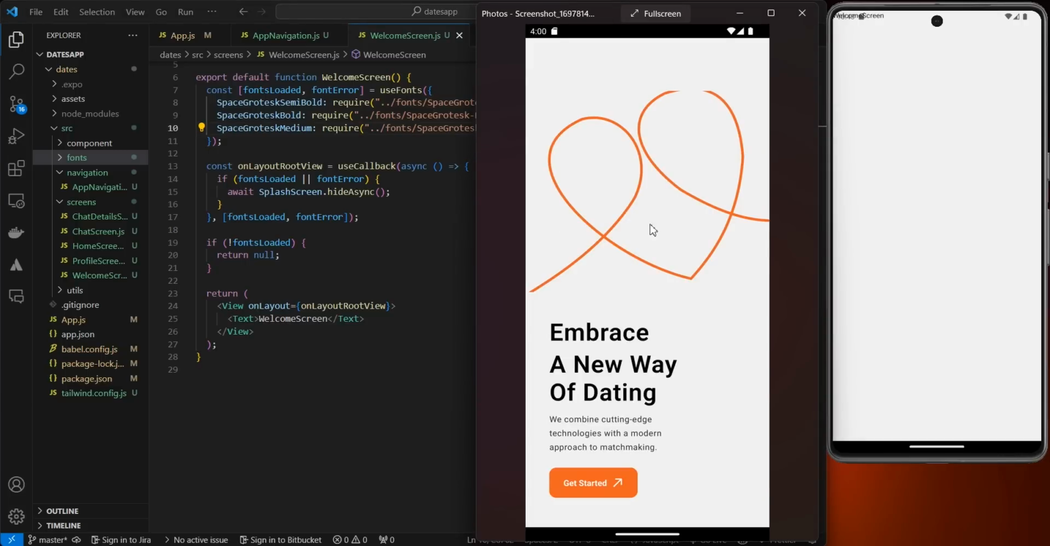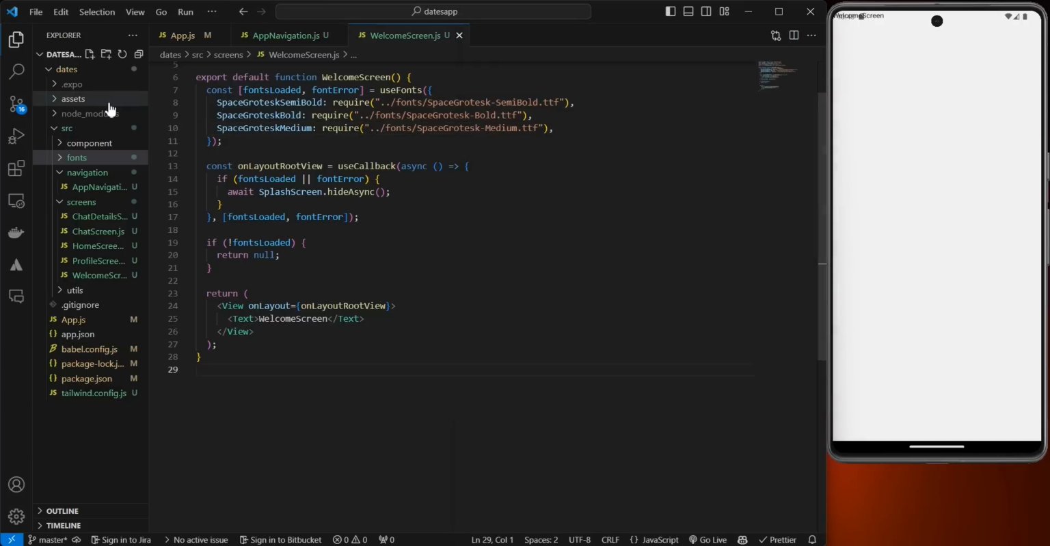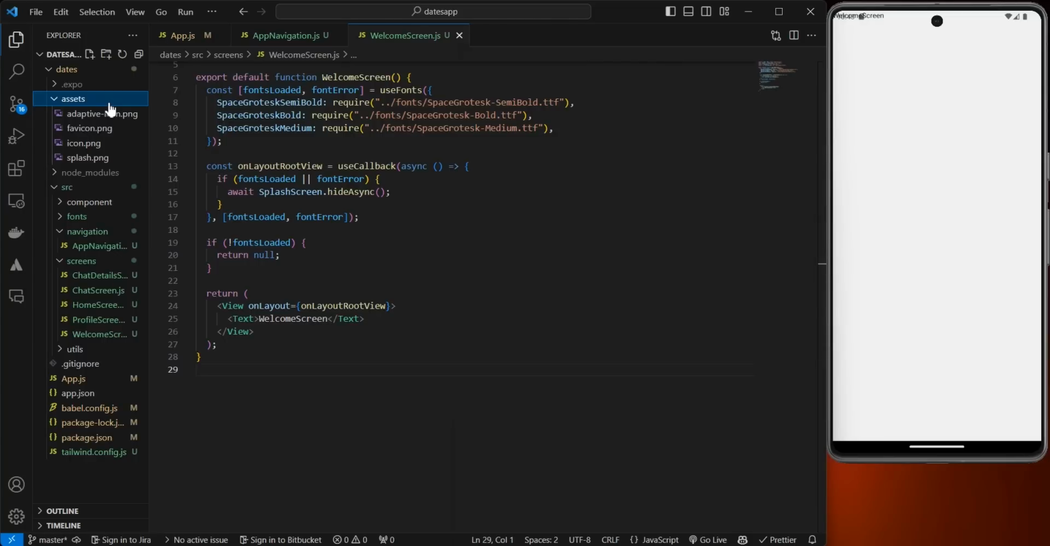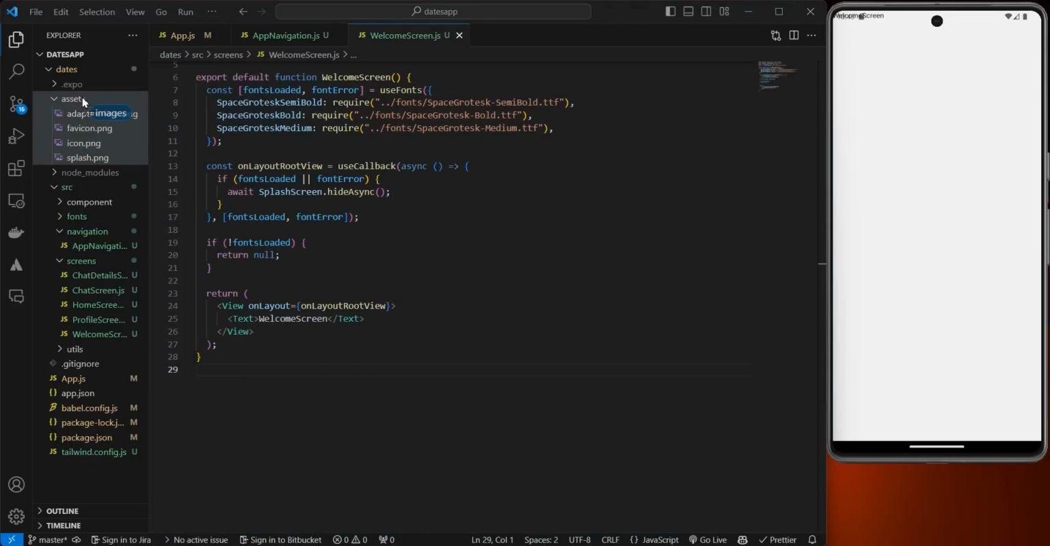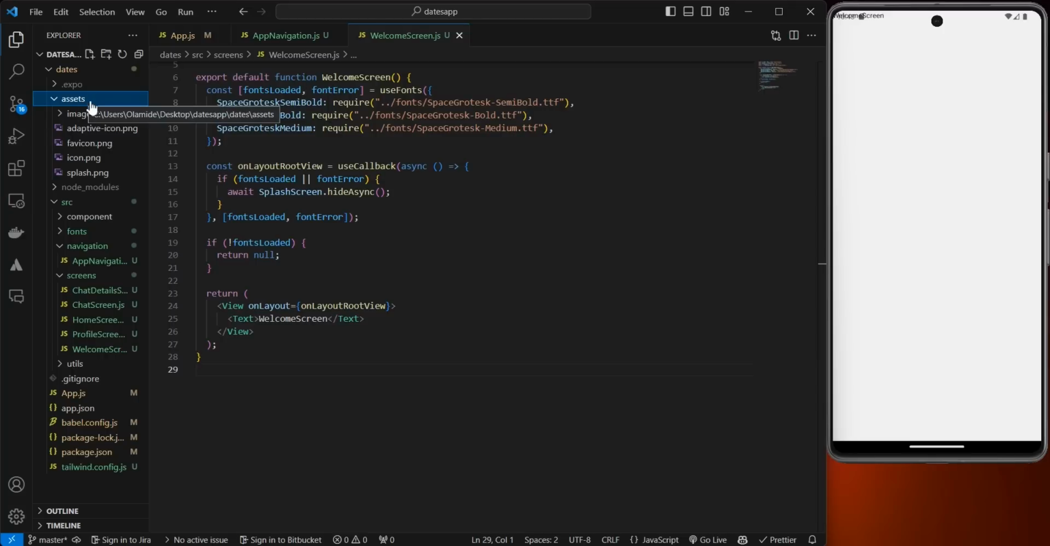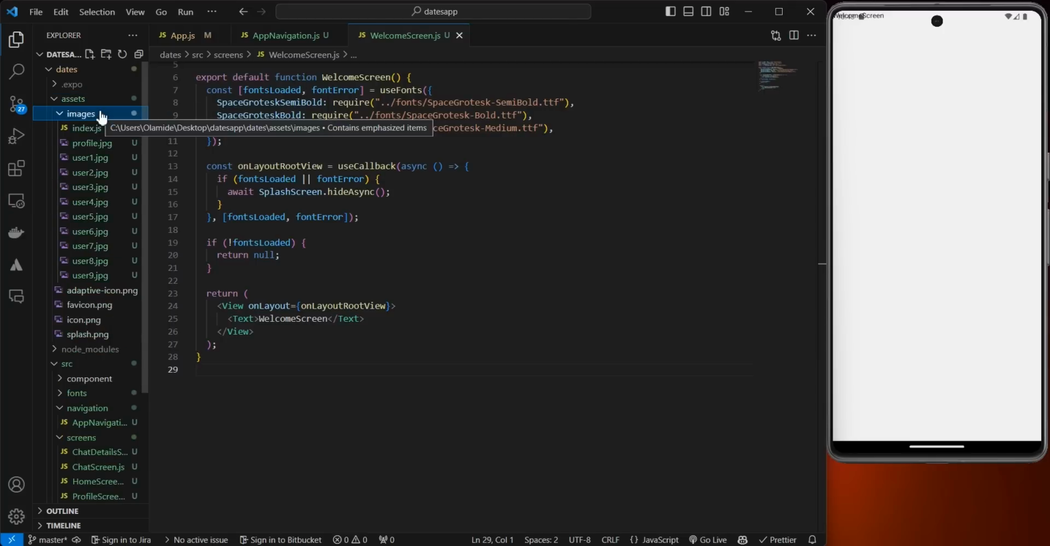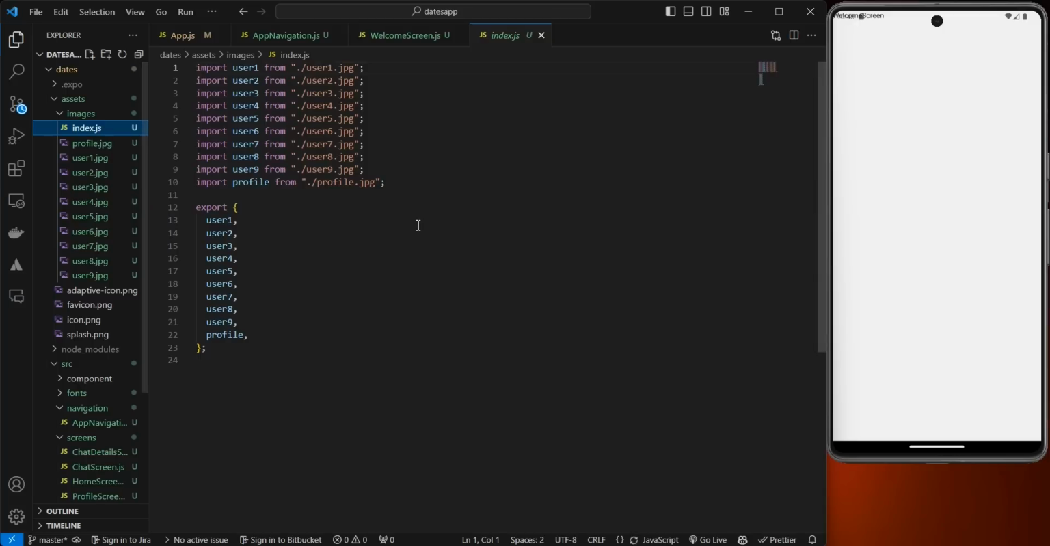And also we need to import this image that we're using right here. So inside of my assets, I'm just going to bring in all the images I'm going to be using inside of this build. You're going to find this images folder in the description box below. I'm just going to place it inside the assets, and let me walk you through what is inside these images. The first file you get is the index.js, which is basically importing all of these images